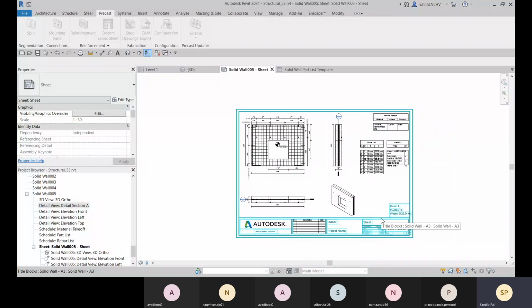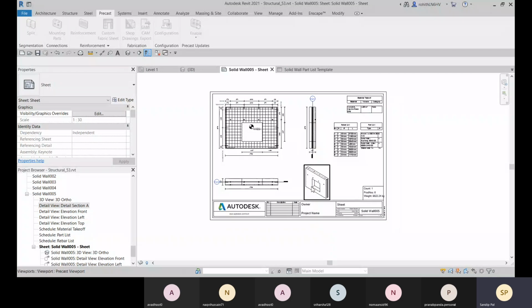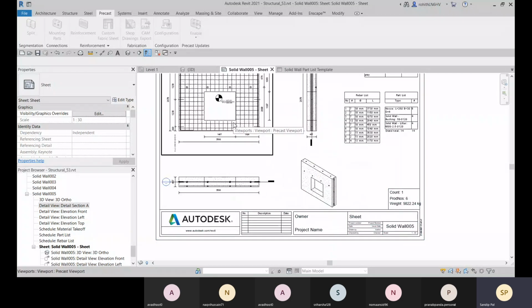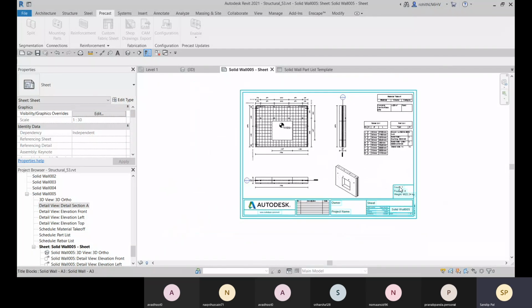It's the same as in AutoCAD. You double click in the viewport to activate the model space, and in the paper space, you double click outside to get back to the paper space. Similarly, you activate by double clicking the viewport, and you activate the paper space by double clicking out of that area. So this is how we generally create shop drawings.